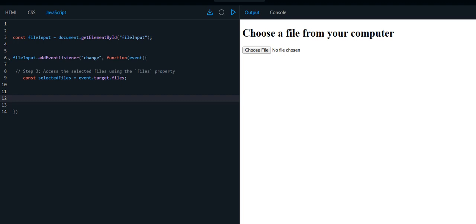Okay, that gives us a list of all the files that the user picked. event.target.files gives us a file list, like an array object, that contains the files selected by the user. But now we should check if at least one file is selected, because when I open this window, when I click,